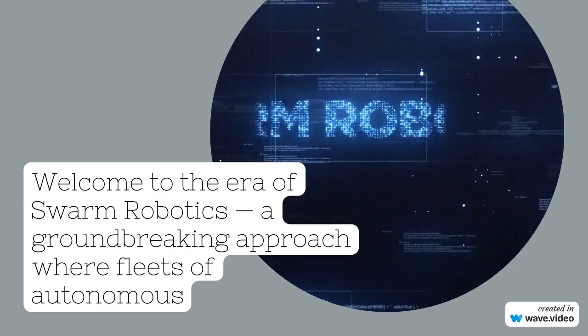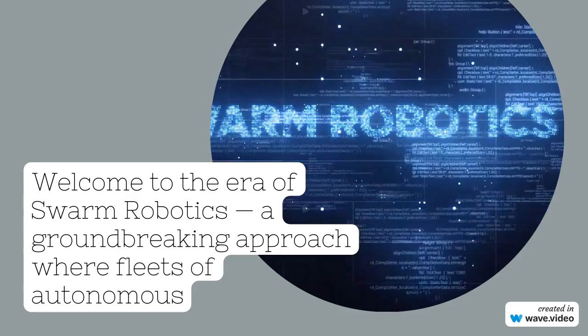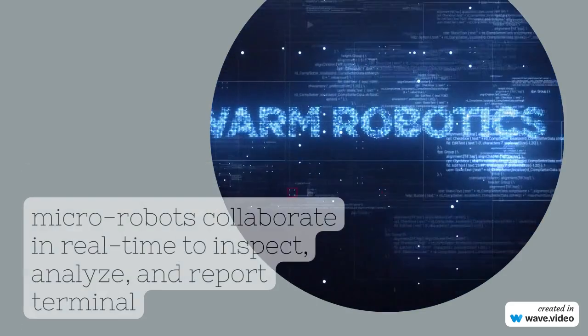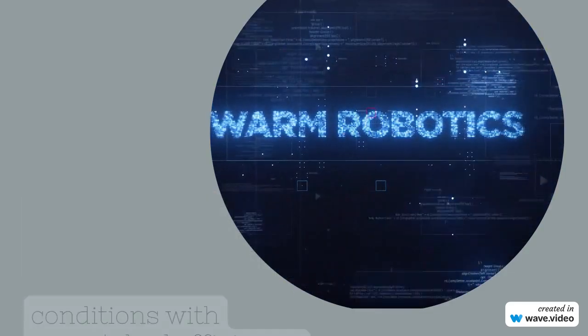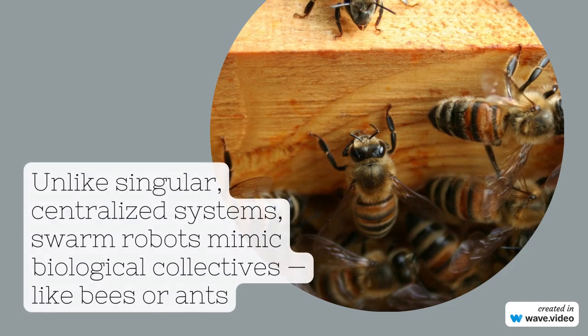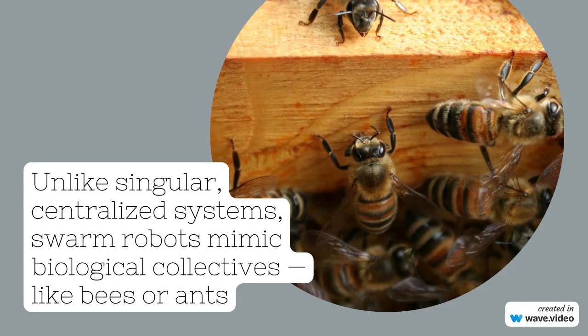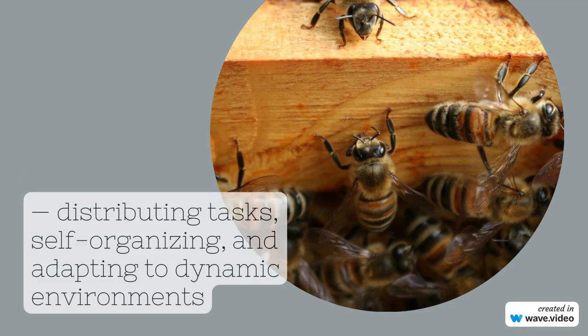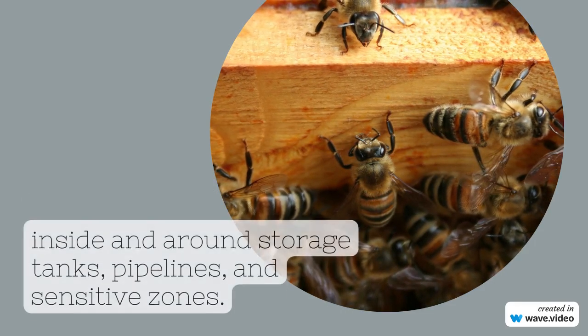Welcome to the era of swarm robotics, a groundbreaking approach where fleets of autonomous microrobots collaborate in real time to inspect, analyze, and report conditions with unmatched precision. Swarm robots mimic biological collectives, like bees or ants, distributing tasks, self-organizing, and adapting to dynamic conditions inside and around storage